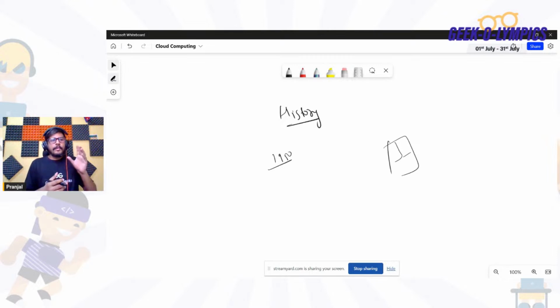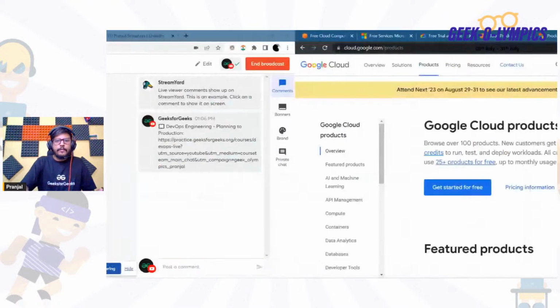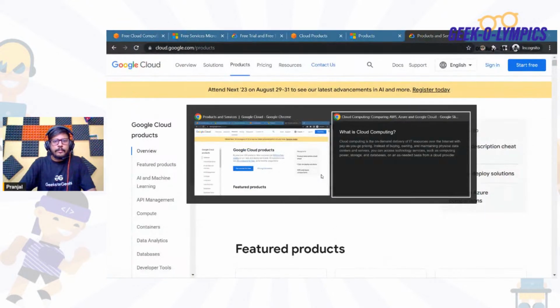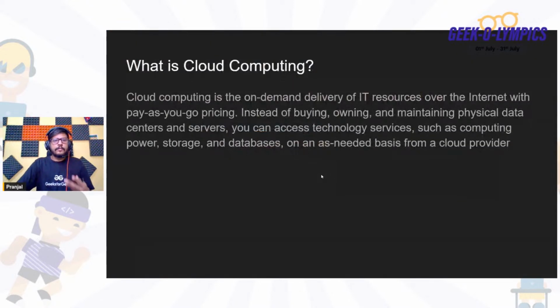Okay, so as I said, there are so many players in cloud computing, but it is very important to stick with one. If you're a beginner, it is very important to pick one of them. I will suggest AWS is beginner friendly, so you start with AWS, and then it will be much easier for you to work with other cloud service providers. Okay, so now let me open my slides again, and we can discuss other things.